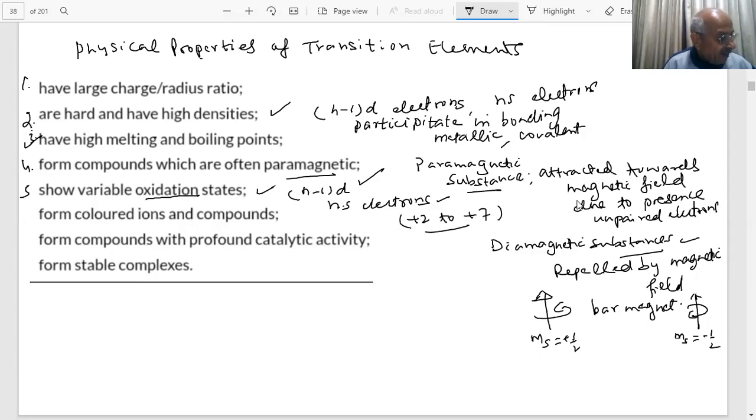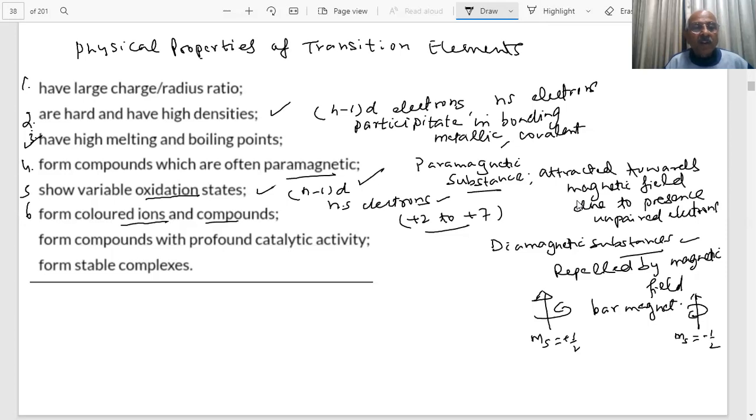Because there are electrons in the s as well as electrons are also present in the d subshell. They can also take part in the formation of the compounds. Manganese, for example, shows +2 to +7 oxidation states. They are colored ions and compounds, students. You have seen beautiful colors of the coordination compounds. They are highly colored, students, and they show very brilliant colors of different red, blue, green.